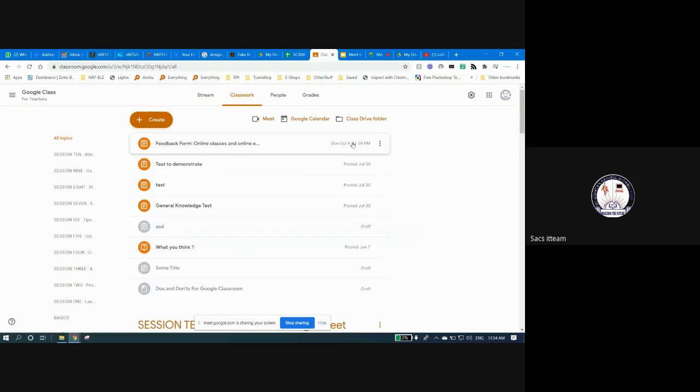One more point, I just want to emphasize: assignment should always go in assignment, and material should always go in material. If you want a student to submit something to you, it should be in an assignment. And if you want to just give it to the student for reading, it should be in a material. This is very important, because an assignment comes in the pending work in the